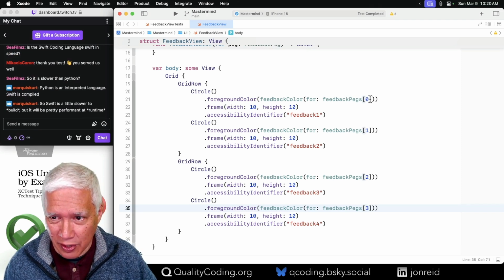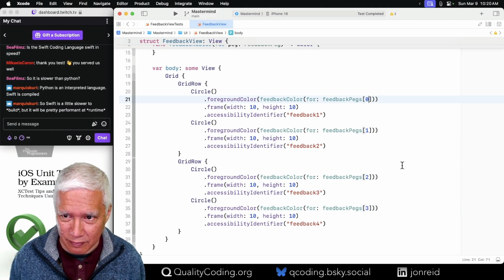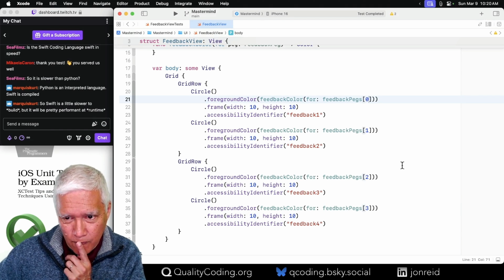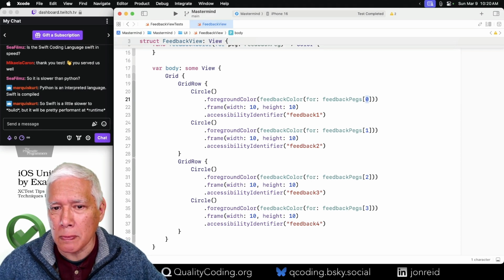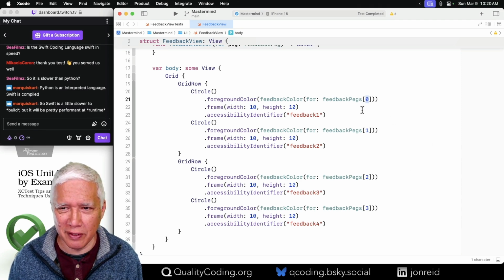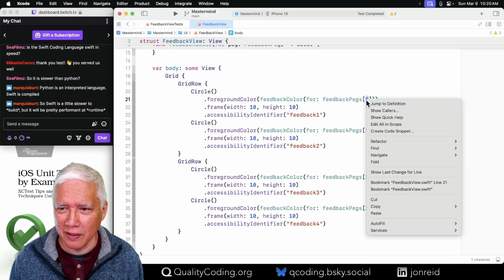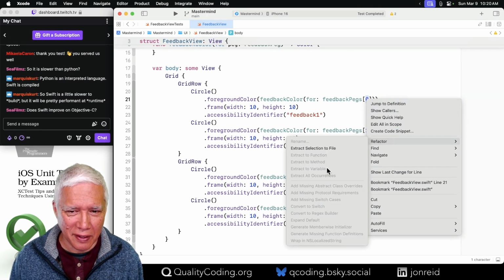So we want to take things that are similar and make them identical. So that means, for example, this feedback pegs. If I extract that to a variable, oh, it won't let me. You little. Look at that. Now I have,